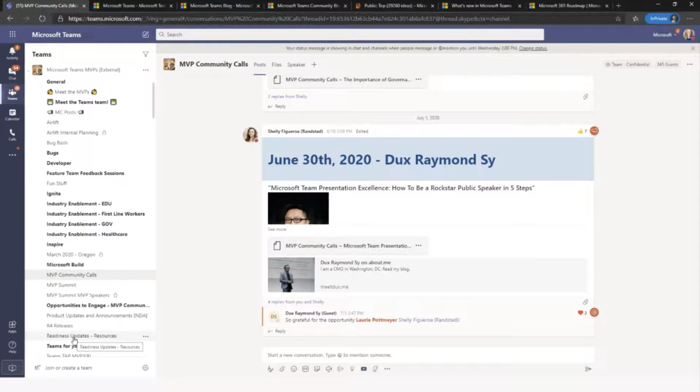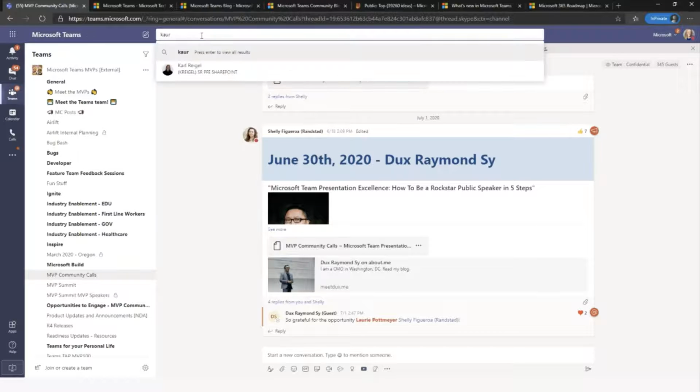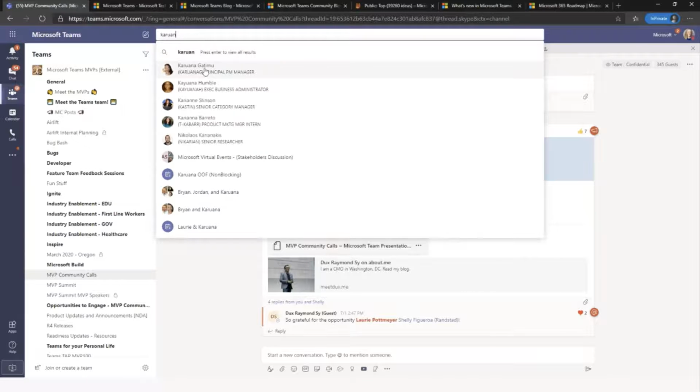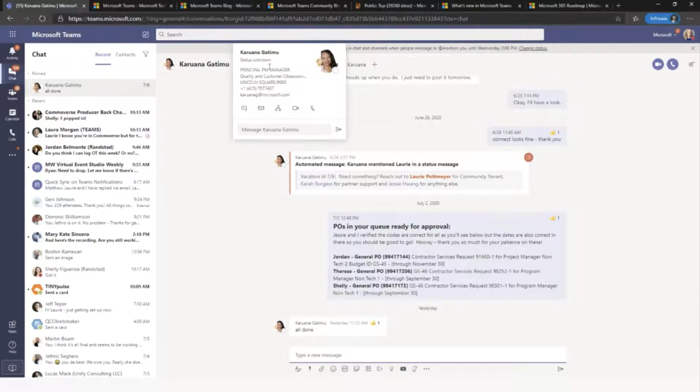The other thing is contact cards. So this is when somebody says, go talk to X, right? And you're thinking, okay, I have no idea who X is. So how do I find them? I'm going to make Caroline my guinea pig, if I know how to spell her name. Caroline is my manager, so I can go in here, let's say I don't know who she is, I hope I do, but I can click on her and I can find her, and then I can get her contact here. Okay, so I can look and I can say, oh, Caroline is principal PM, here's her information,